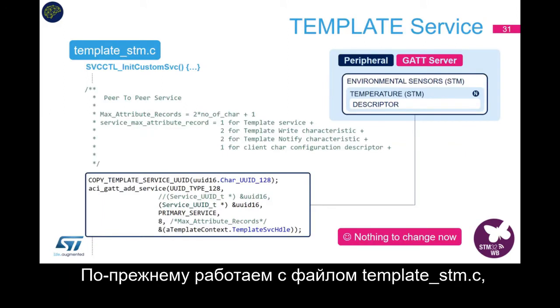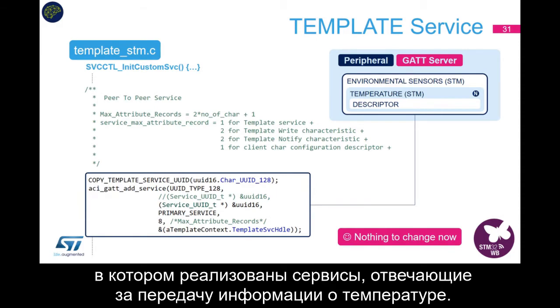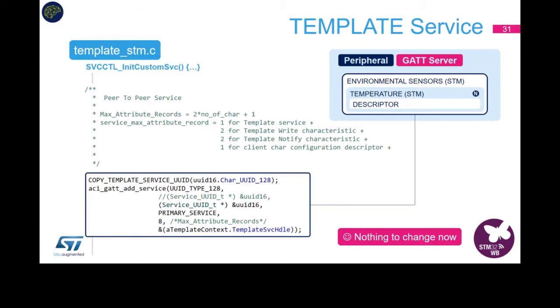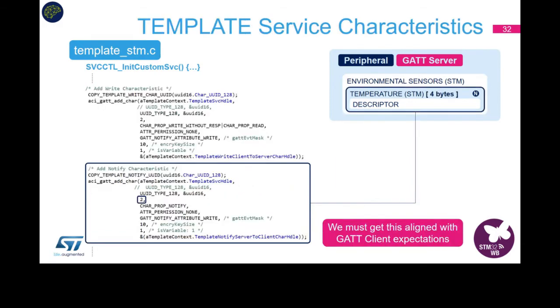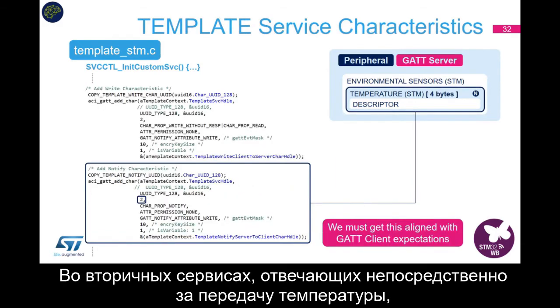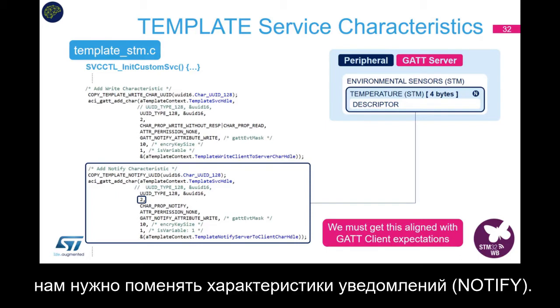So again, in our template_STM, we have the services that we're providing for our temperature transmission. We have our primary service there, which is doing the environmental information, so there's nothing to change in the primary service. But in the secondary service, which is telling us the temperature readings, we now need to modify